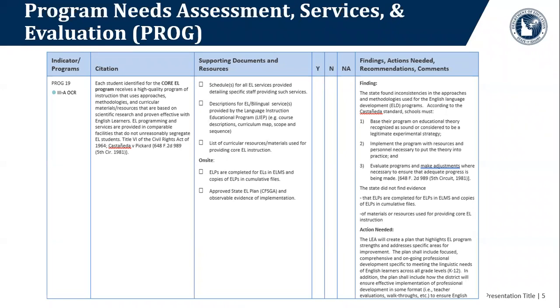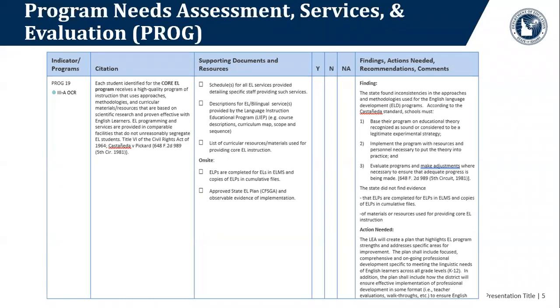For example, course descriptions, curriculum maps, scope and sequences, program manuals, so EL manuals that provide descriptions of the programs that are being offered at your school. You'll also want to include a list of curricular resources and materials used providing this core EL instruction. You want to give us the best overview of what your program looks like overall, especially if we haven't been to your school, you want to be able to describe it to us.